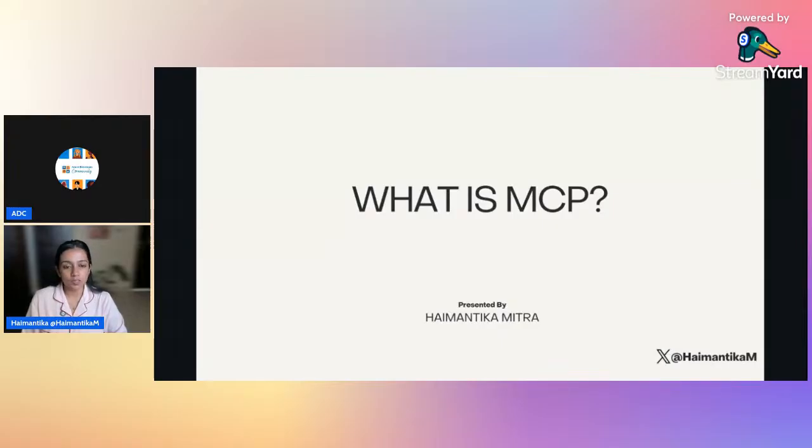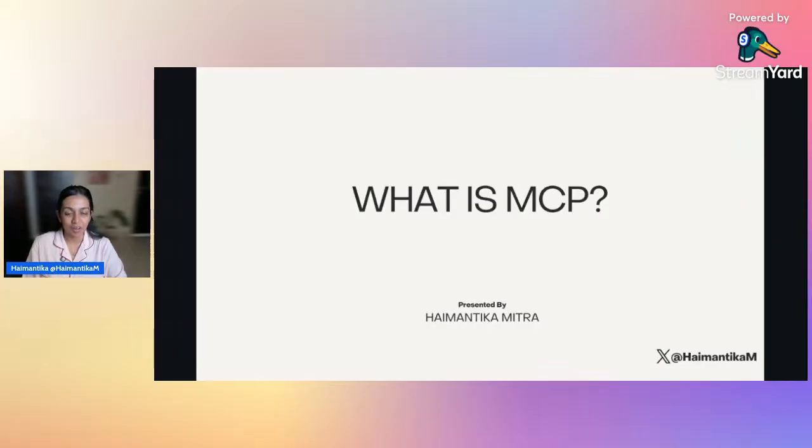So, before we start with the introduction and with the entire session, I would like to say that MCP is still a very new concept. It's still being developed. So, if you are reading about it now, or if you're building MCP, you are already on track with all the things that are going on in and around MCP. It's a good time to get started learning because you get to see it right from the beginning, and by the time it fully matures, there's not a lot of backlog that you would have to read about. With that, let's start with the session.